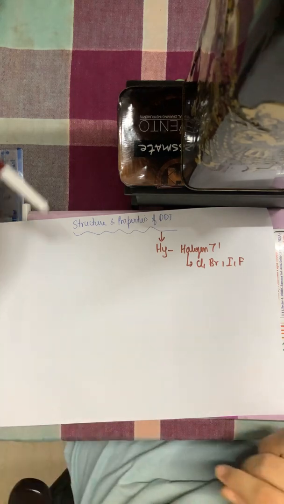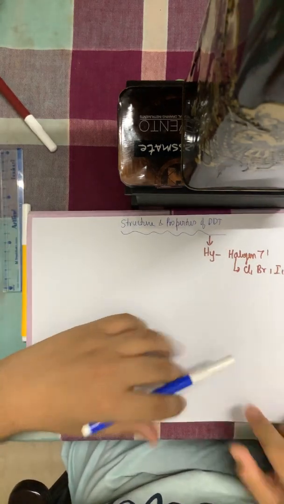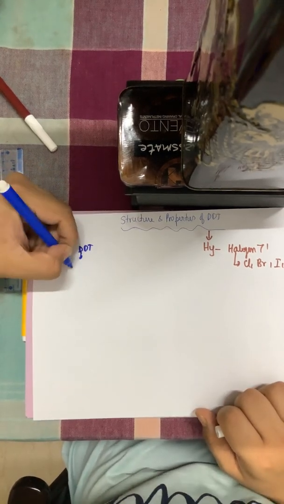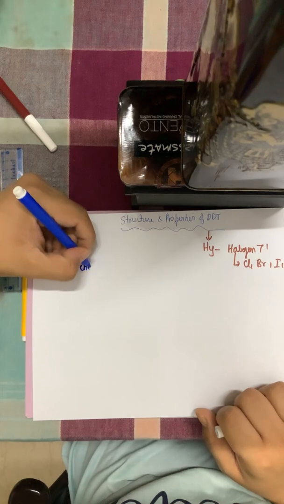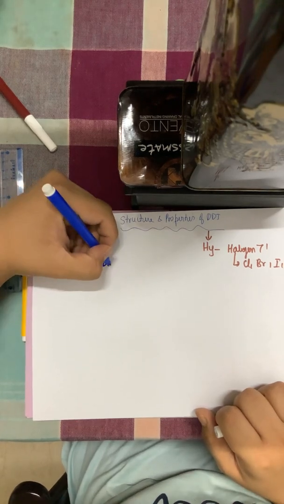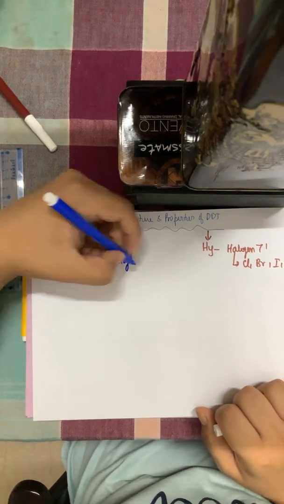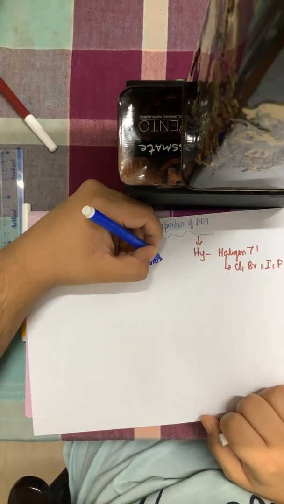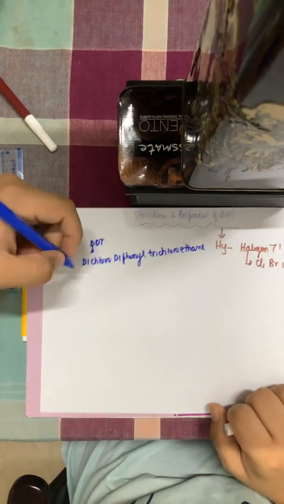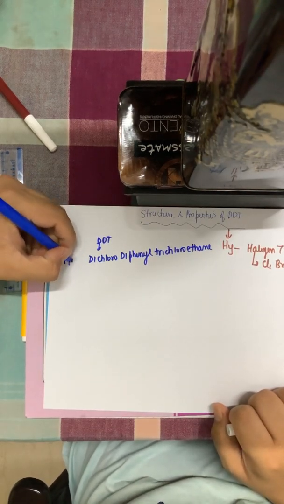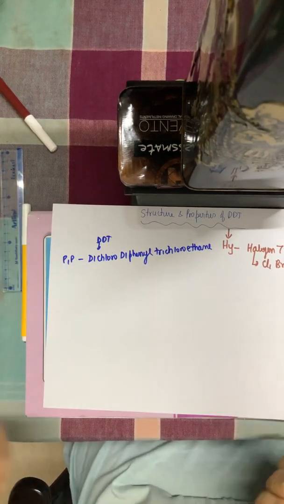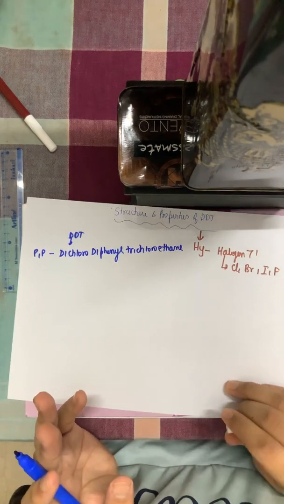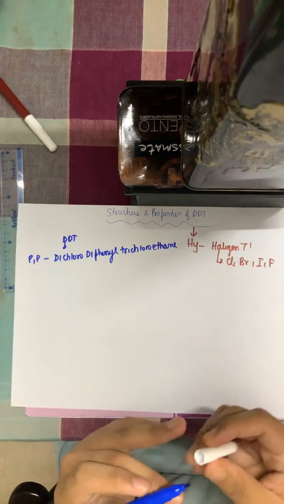So when I talk about the compound DDT, DDT has the full form diphenyl dichloro diphenyl trichloro ethane. And instead of the first dichloro, in front of it we write p,p'. Now let us try to understand the structure of this compound, which is very prominent from this name only.